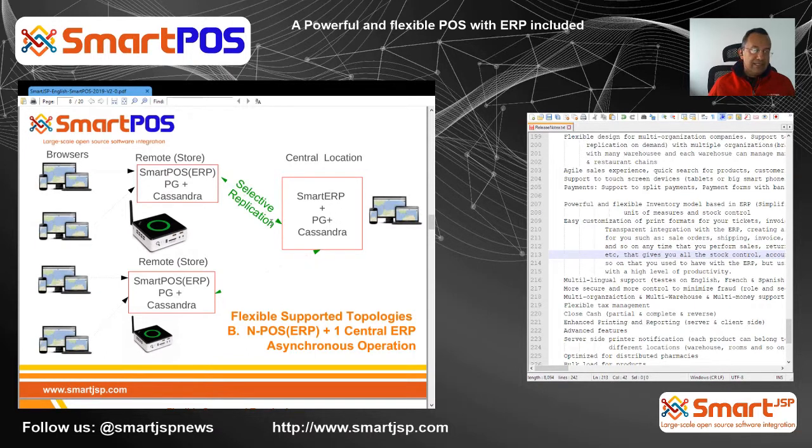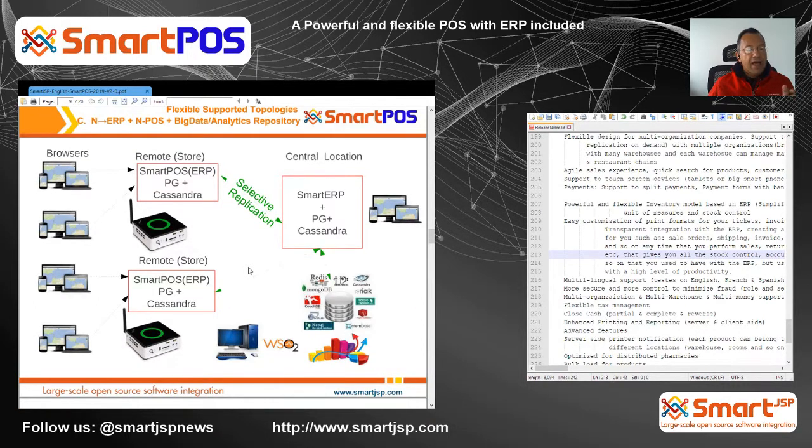So this is the second option. This is really handy and really powerful for organizations with a bit more size or complexity in terms of the operations. And the last option is related and almost similar to the previous scenario that we have. But on top of that, we have an additional option to replicate the information,